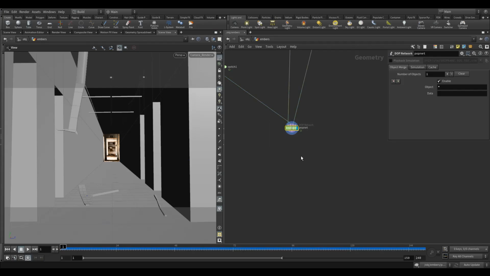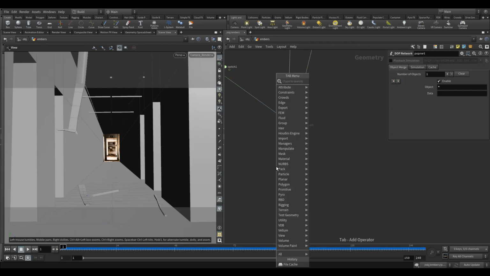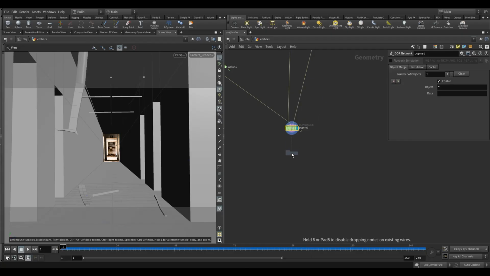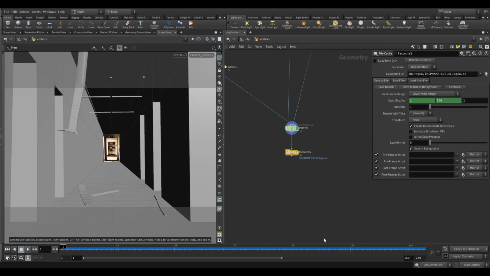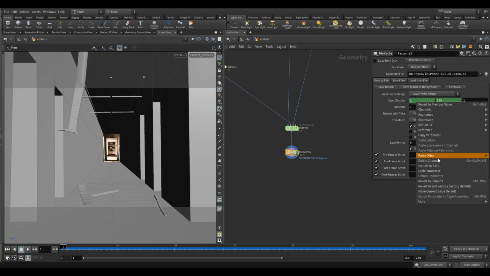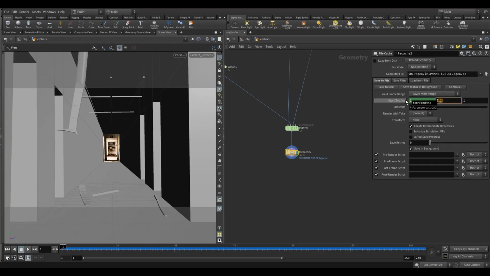So now that we've got this simulation working as we like, I'm going to cache these out. And since we still got the cache here, it won't take much time. So I'm going to set this to 150 frames, what we want. I'm going to save it into my sim folder. Let's call it ember